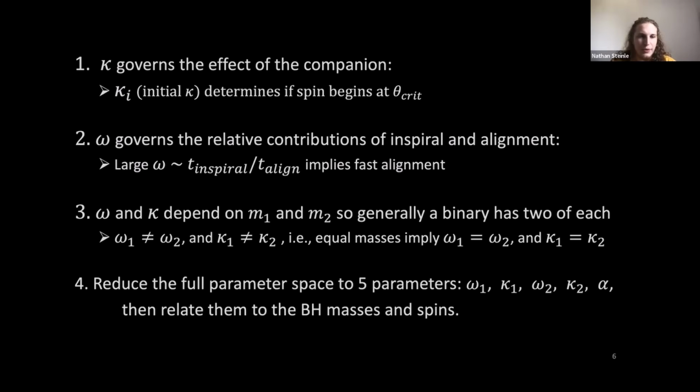Or approximately. And so what we can do is reduce the full parameter space to just 5 essential parameters. We have omega 1 and kappa 1 for the primary black hole, omega 2 and kappa 2 for the secondary black hole, and then the dimensionless viscosity parameter alpha, which is the good old-fashioned Shakura-Sunyaev viscosity parameter. And then if we can understand how the spin orientations evolve according to these 5 parameters, then we can relate those to the more physical and more easily measurable parameters, such as the black hole masses